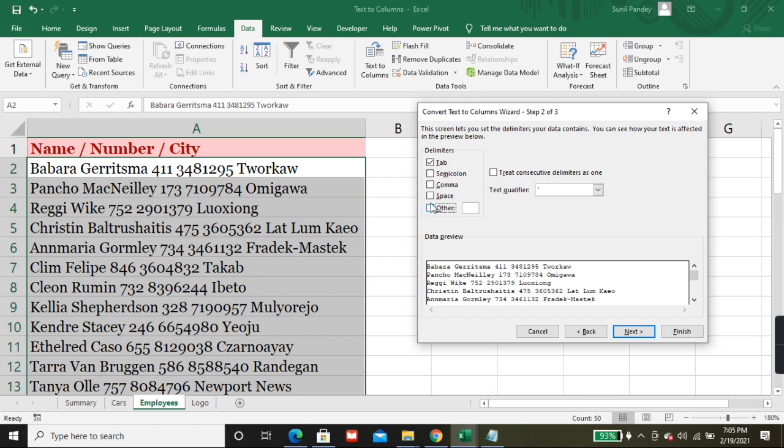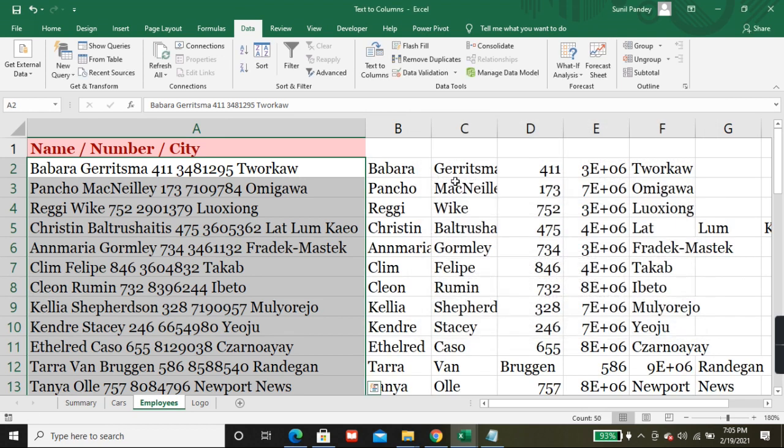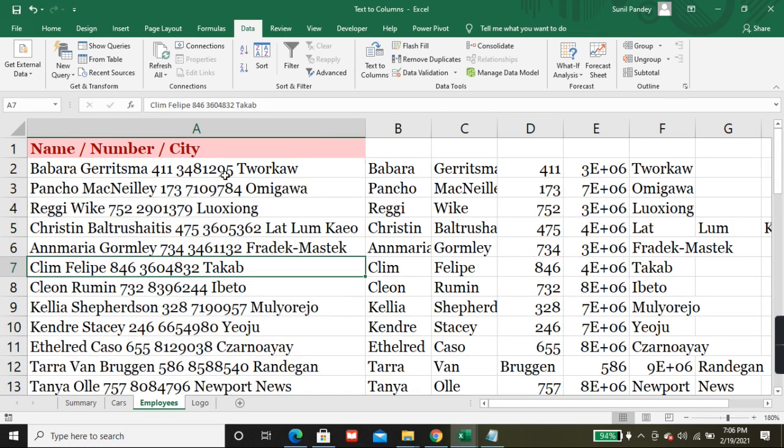But in this scenario, I'm going to select space. If you just click space, wherever it finds a space, the data has been split. You can preview it here. I click Next, and here also I'm going to select Text, and here also I'll select B2. Click Finish. See, the main data remains the same.